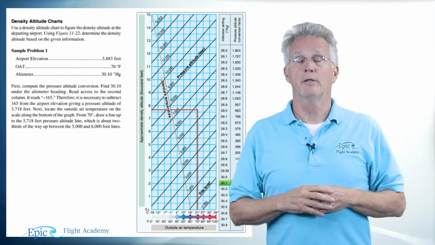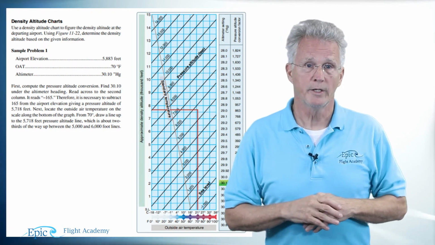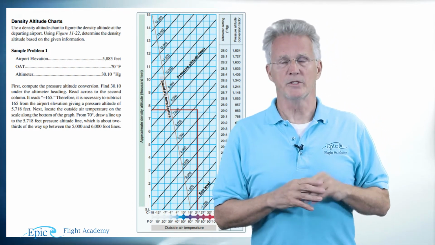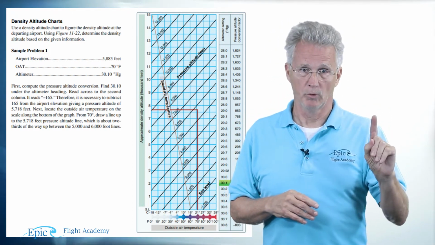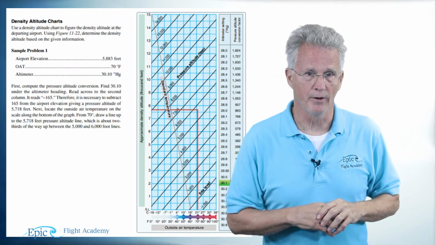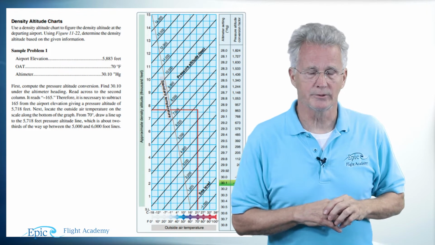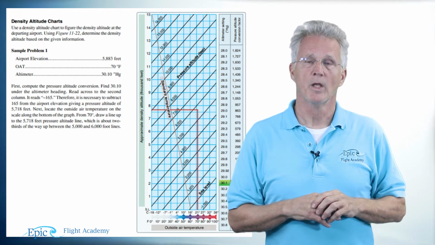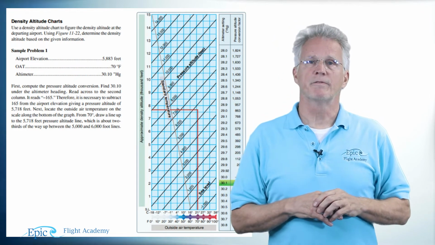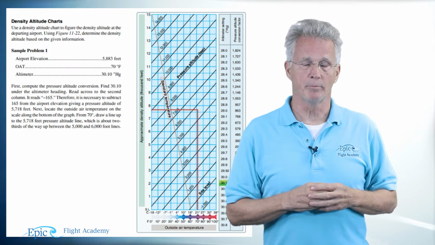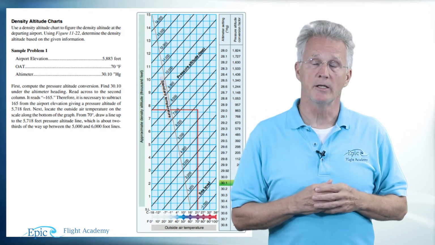Step one, a conversion. What are we converting? In the PHAK, we're going to look at sample problem number one, and we need to compare the pressure altitude to the airport elevation. The way we do that is we find the current altimeter setting. Now take a look at the example. Our current altimeter setting is